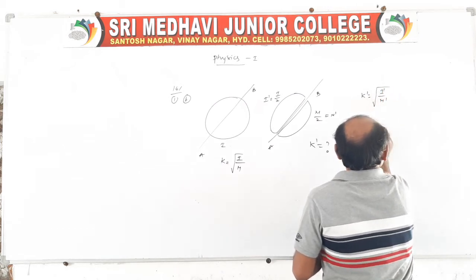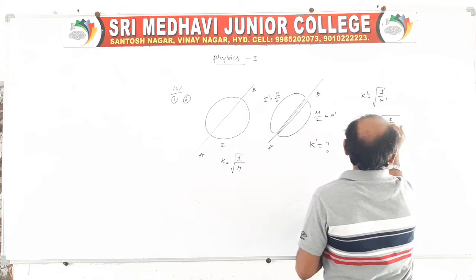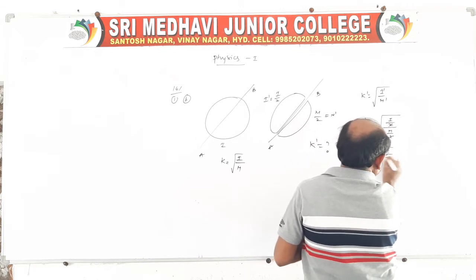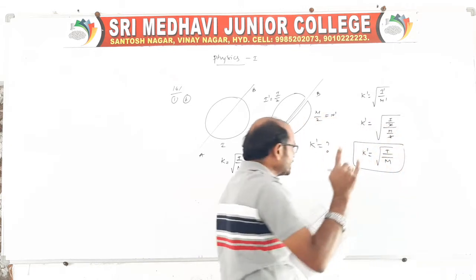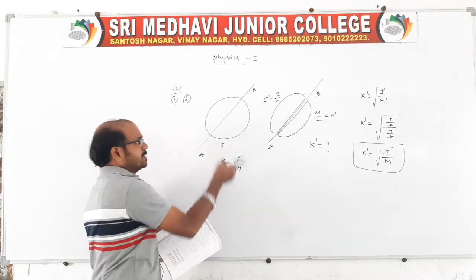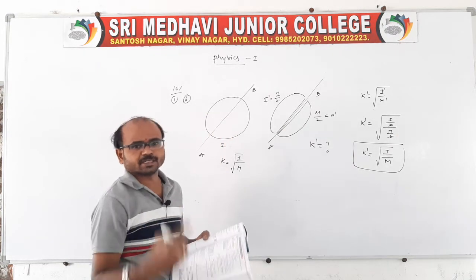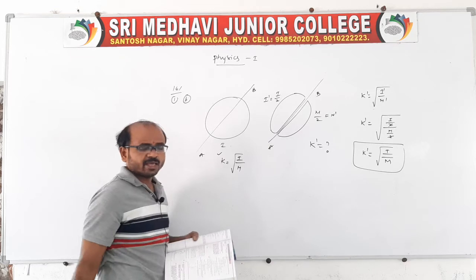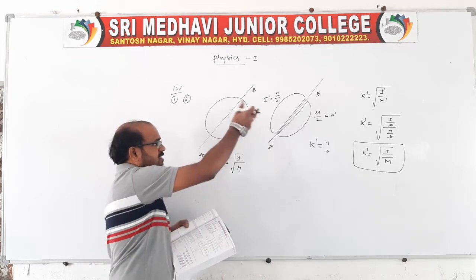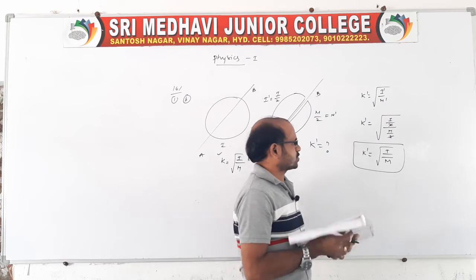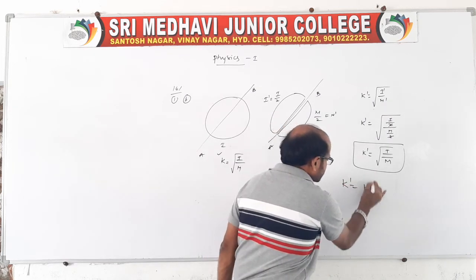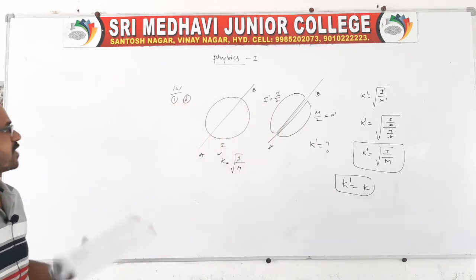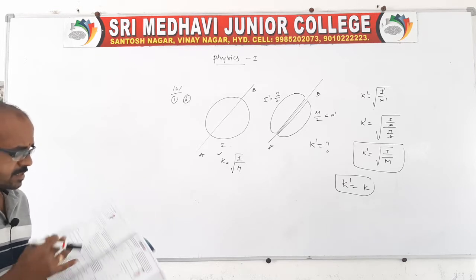So what will happen, look here: I dash will be I by 2, and m dash will be m by 2, so the 2 cancels. k dash is equal to root over I by m. See, if it is cut into two equal halves, the moment of inertia will be the same as before the cut. Before the cut, the radius of gyration k is root over I by m. After cutting into two equal halves, the ratio is also the same, so before and after, the radius of gyrations are the same. So this is one question related to the parallel axis theorem.